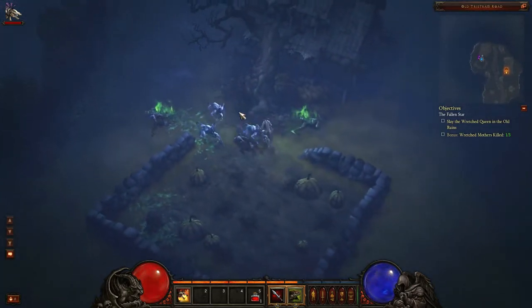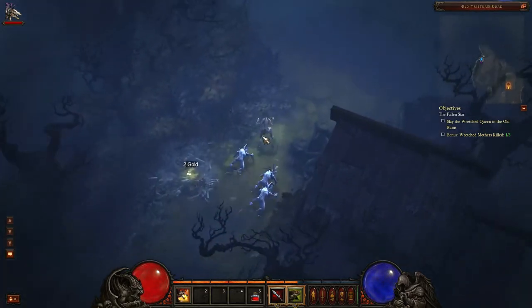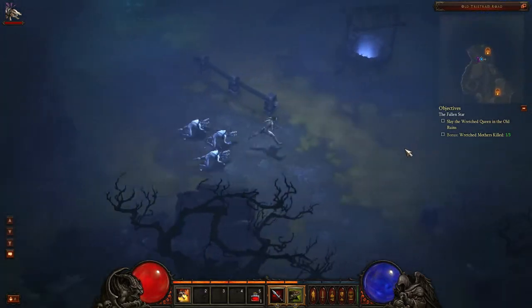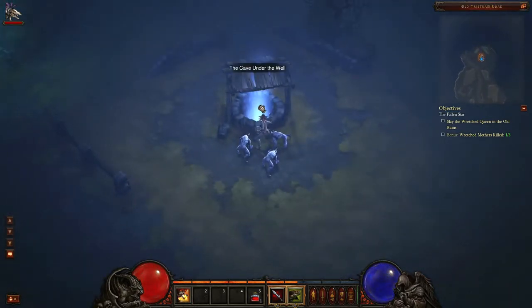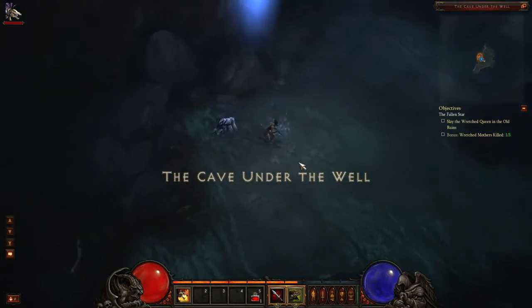Probably easier if I just did that, actually. Send out the frogs and then just melee them. As I said, I've never played the Witch Doctor, so I'm sure I'm probably not playing it the best, as some people will, but hey, it's fun. I'm enjoying it and I'm learning as I go, plus giving you guys a bit of a look-see of